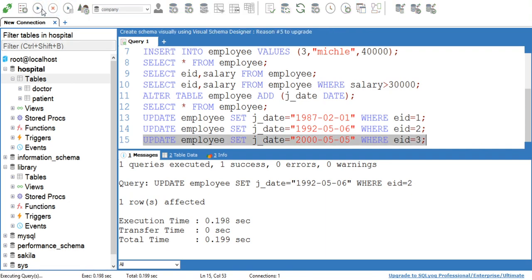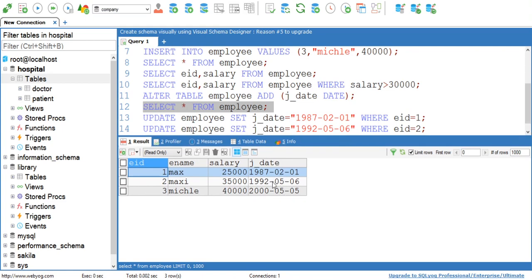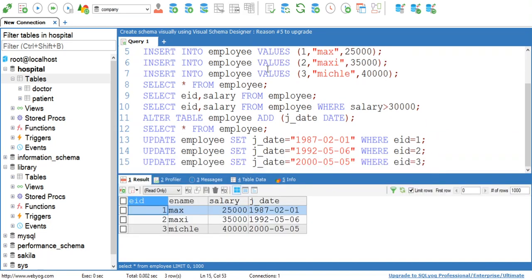See, update. Okay, now all the 3 records are successfully updated. Now verify data. See, here at the output you can verify the joining dates are set for all the employees 1, 2 and 3. Okay, so this is how by using update command you can set your values.